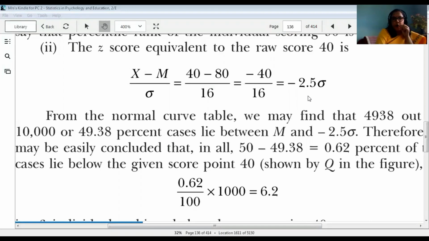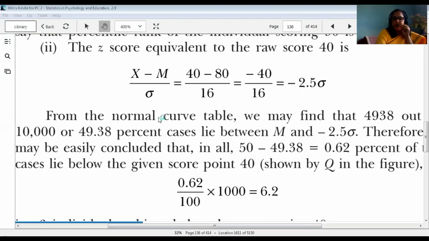Okay, so now our work is to find the number of individuals or percentages of cases from the normal curve table. And for 2.5 sigma, the percentage of cases from the normal curve table that we will find is